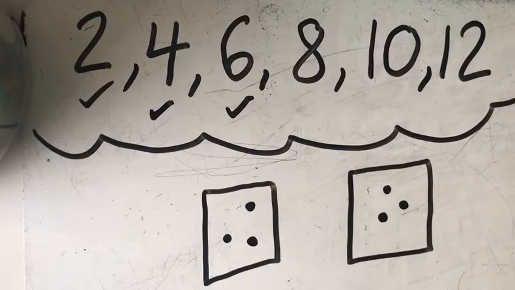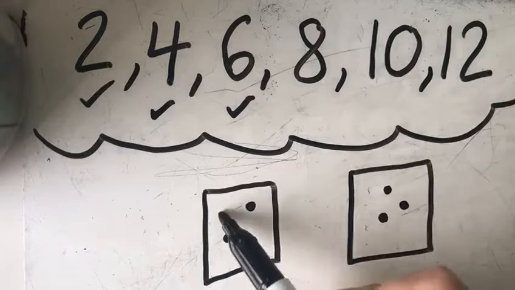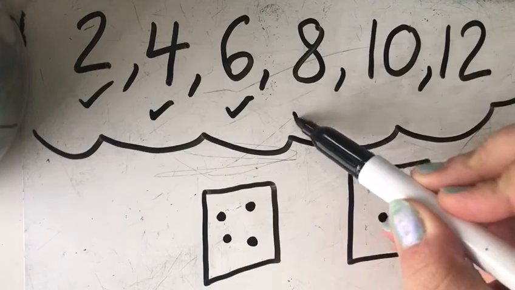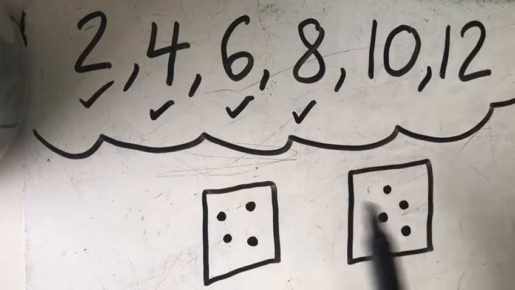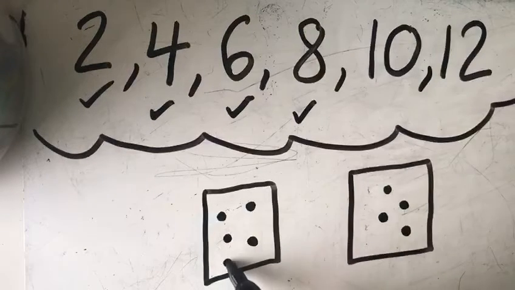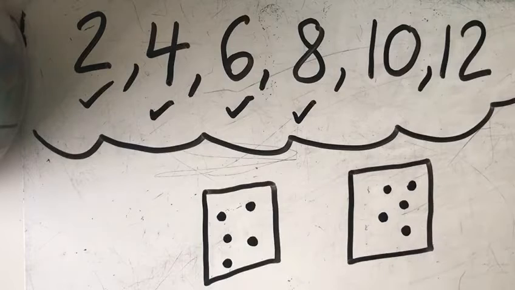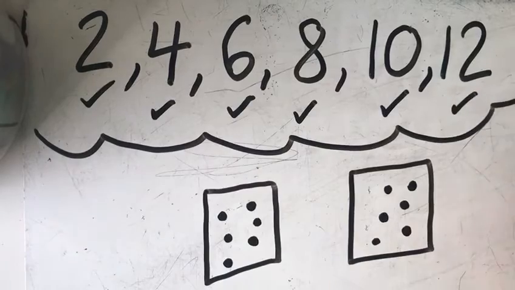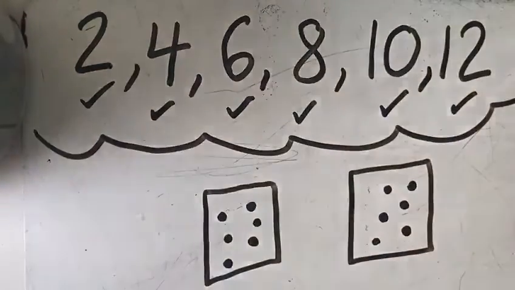Now for the number 8, I'm not going to bother rubbing these out because I know I've already drawn 6 dots. So I know that I can just carry on counting. So 6, 7, 8. 4 here, it can be halved. I will give it a tick. Let's carry on with 10. I've already drawn 8 dots, so now I know that 8 plus 2 is 10. I just do 9, 10, 5 and 5. I can give 10 a tick. Same for 12. I know I've done 10 dots already, 11, 12. Nothing left over, so I can give 12 a tick, which means that all of these numbers can be halved